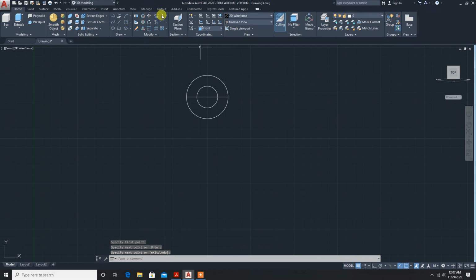Now trim, enter, over, escape, delete this line. Now auto mode on,